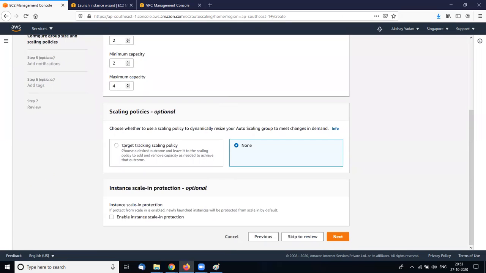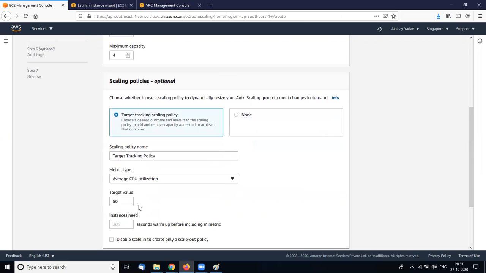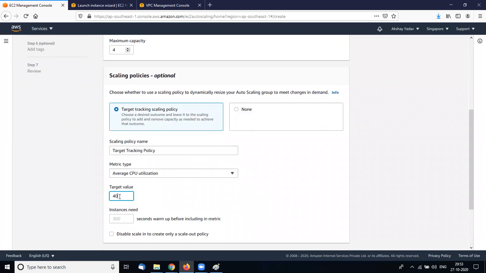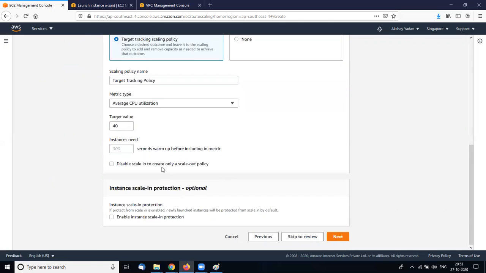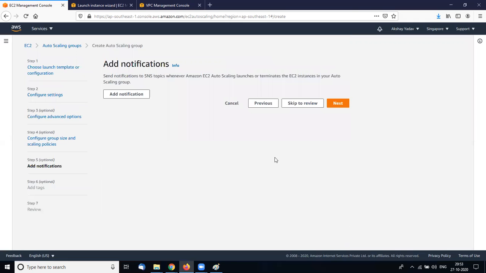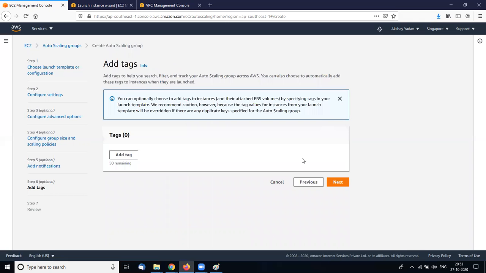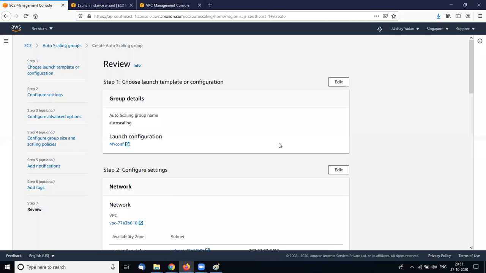I selected the target value, my CPU utilization not more than 40. Disable scale in to create only a scale out policy. So here I set it for 60 seconds, and next, and next, and create auto scaling group.